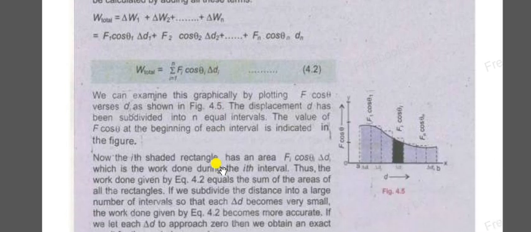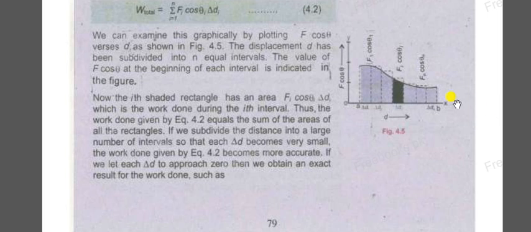This is the plot. This is d along d, and this is F cos theta. Because force is also being changed, F is F1 cos theta 1, theta is changing and the magnitude of force is changing. So that's why this curve is like this, because force is being changed. Here the force is maximum, then it is decreasing, because it is a variable force. So this is the graph of work done by a variable force.